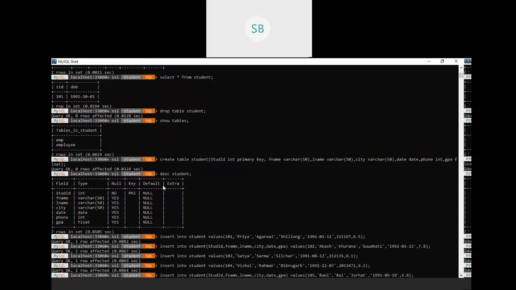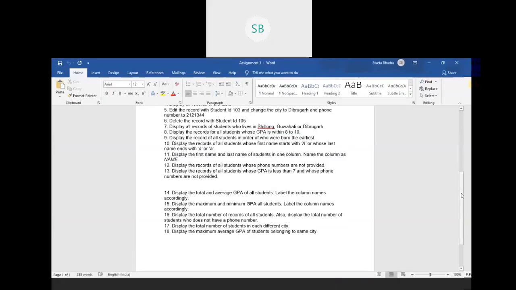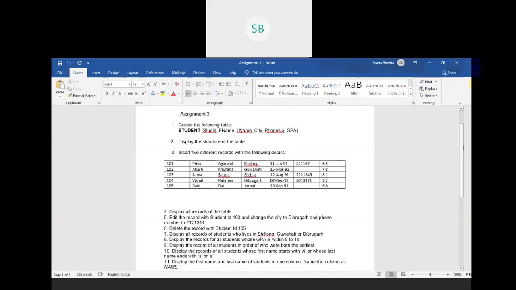So for creating the table, which I have given you in the assignment question, let me show you the assignment. So this is the set of questions which was given. You need to first create a table consisting of these IDs. These are the column names. There I have missed one column, that is, the date should be included here. So suppose I write the date.